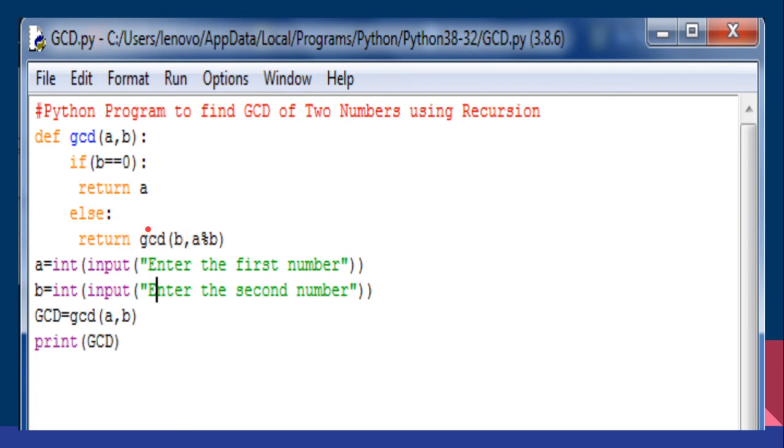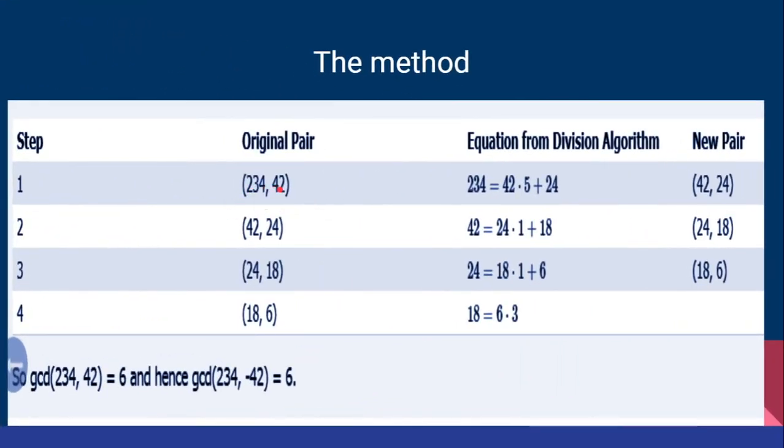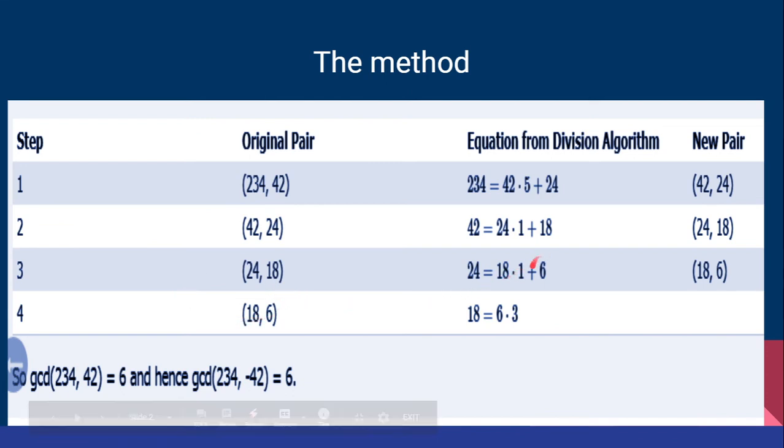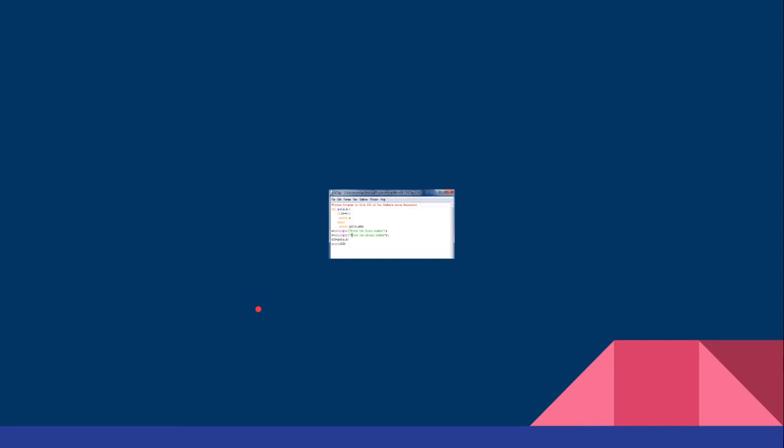That is what happens with the GCD of this pair. This pair becomes a new pair repeatedly. So 234, 42 is one pair, again recursive. After this logic, it becomes the next pair, 42, 24, and again it is repeated. So it is a recursion function. Now the pair becomes 18, 6, and again it is repeated. Now there is no way to proceed further because the remainder is 0, so we stop and say that the previous second number is the greatest common divisor. When you say a comma b, here b is the greatest common divisor. That is what we have done in the program here.